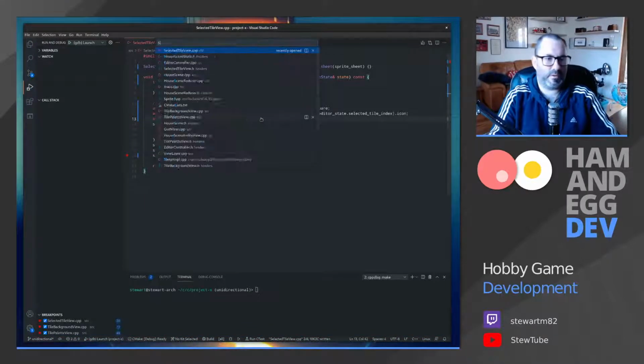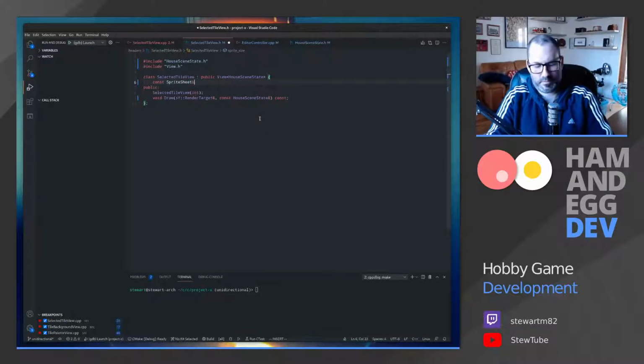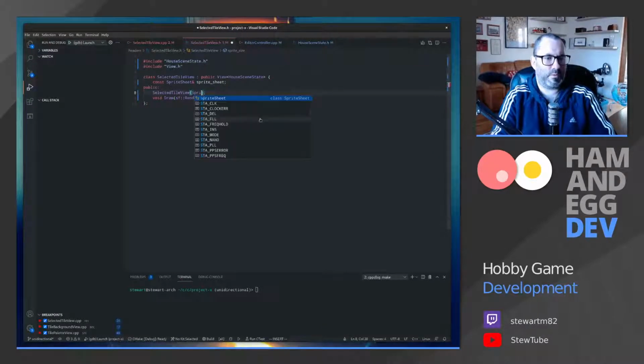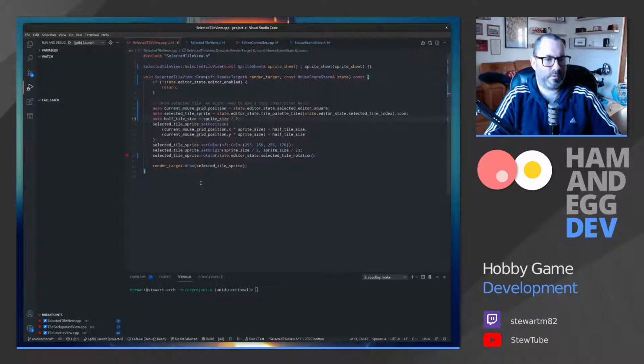Selected tile view, selected tile view. Const sprite sheet, sprite sheet, sprite sheet, const. All right, so then here,